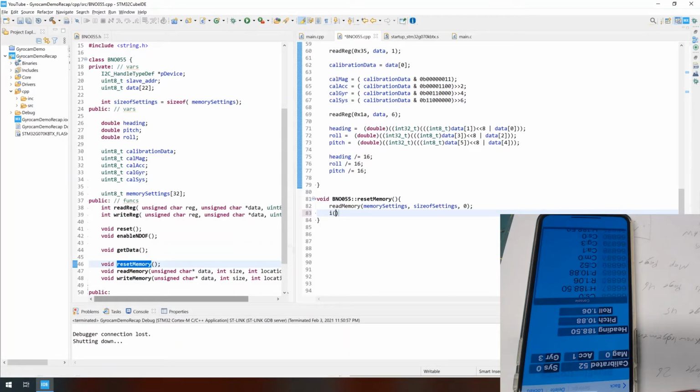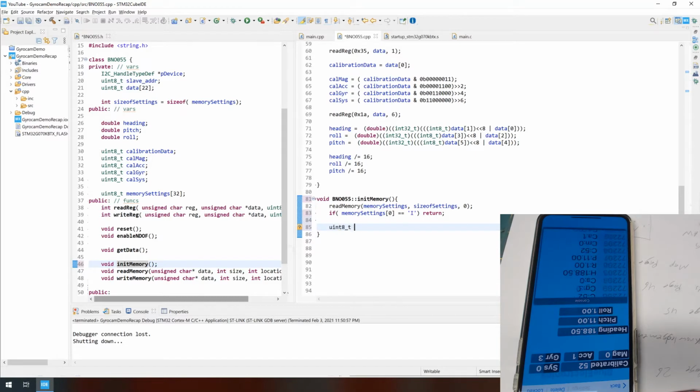So we check to see if the first byte of memory settings is equal to capital I. If it's that, then that means it has been initialized, or actually it shouldn't be reset, it should be initialized. So let's call it init. Okay, and then we'll return if it's I. If it's not I,